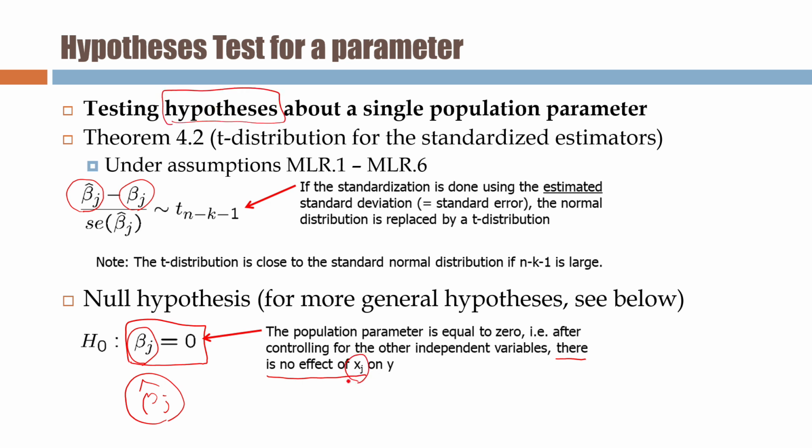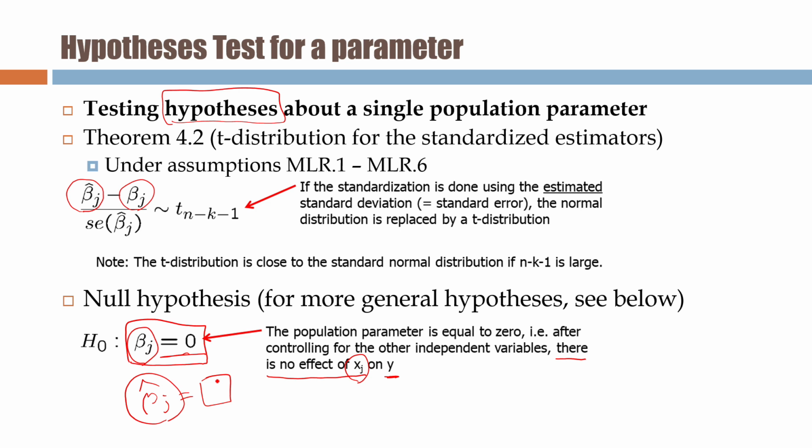Does xj actually have an effect on y or not? So 0 means it doesn't have any effect, but we will not get exactly 0. We will get some number, but that number can be just a number by chance because we just sampled, right? So we want to figure it out. We cannot just decide whether it has an effect or not